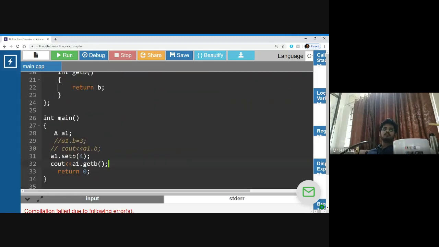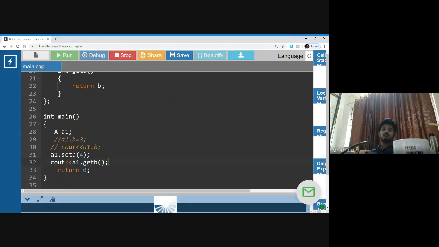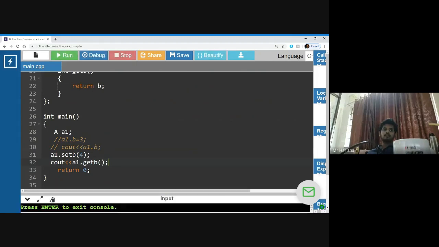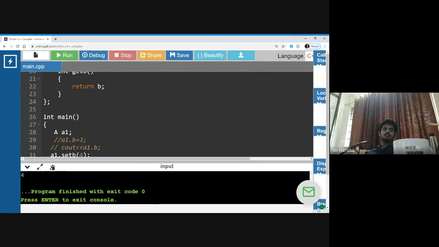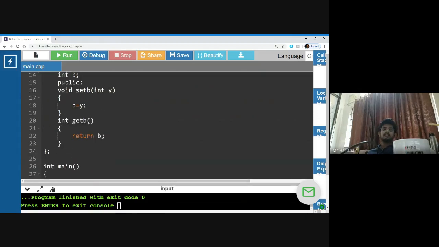So this is a simple understanding of how the access specifier makes changes. It is printing 4. How is it 4? I am passing the value 4 to the function set B with the help of the object created for class A, that is A1.